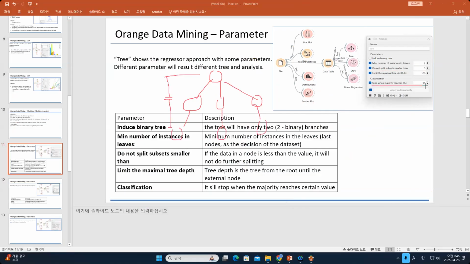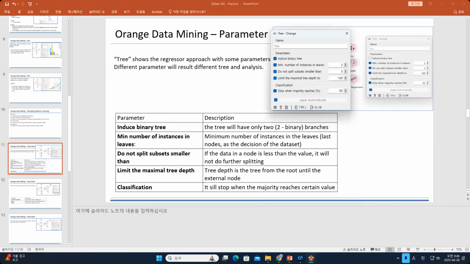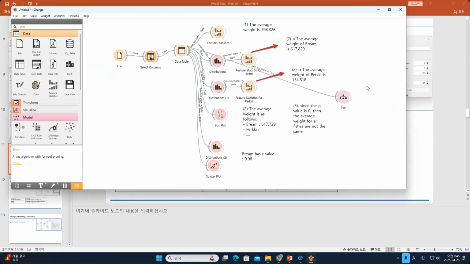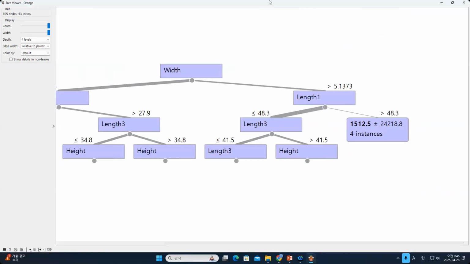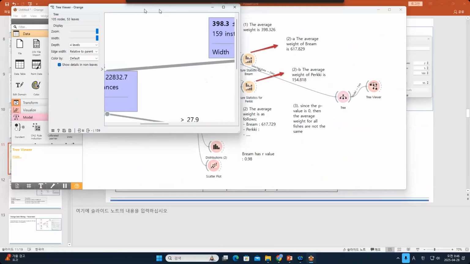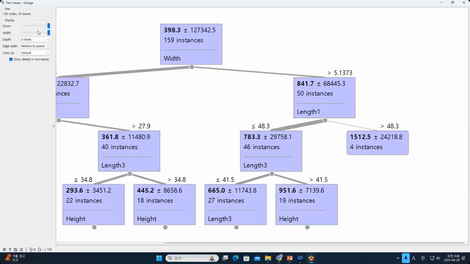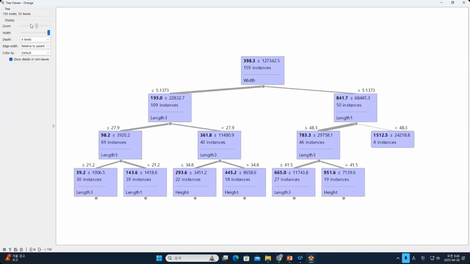Stop when the majority reaches 95%. So if you still remember, whenever you use the tree, you can take a look at the tree view. So yeah, in the tree viewer,